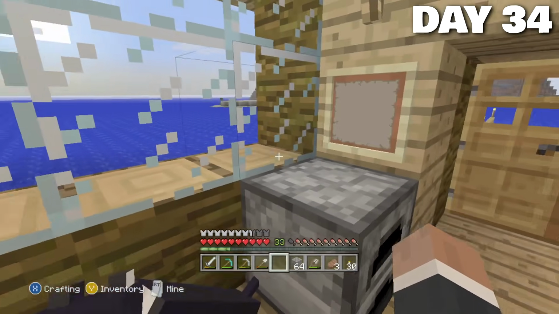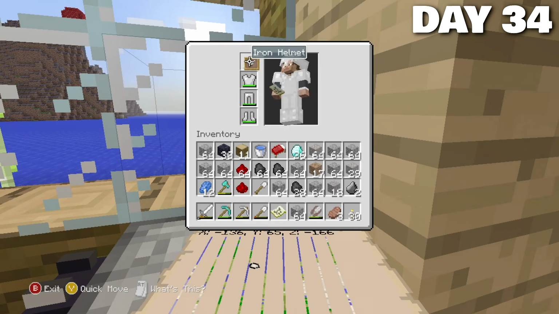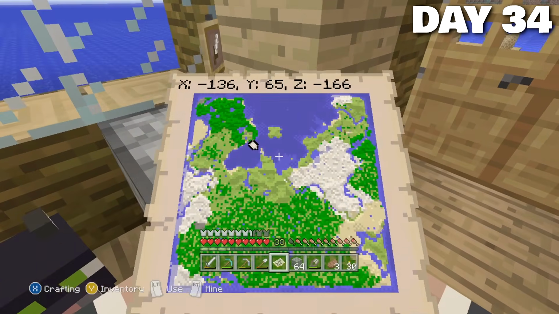Waking up on day 34, I noticed the unfortunate glitch that Title Update 13 had of making the map clear inside an item frame every time you leave and rejoin the world. I was very happy to discover that this was in fact a glitch and I didn't need to re-explore the entire overworld